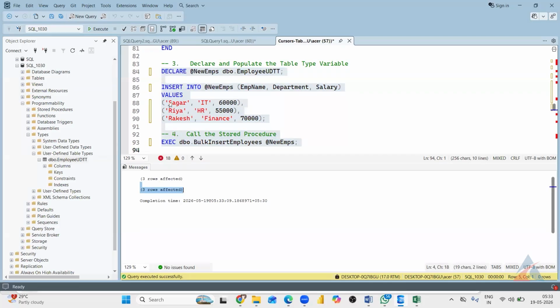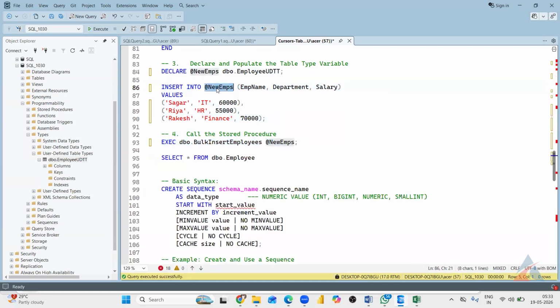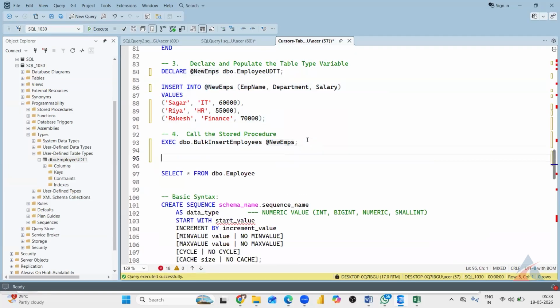Okay, why is this? The first three rows affected message is because we have successfully inserted the data into this variable, this table type variable. And the second three rows affected is for our main table insert. So can we read the data from this table type? Now if I select the data from this table type,